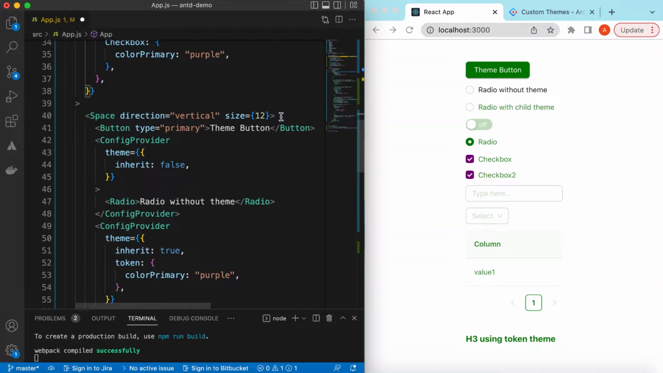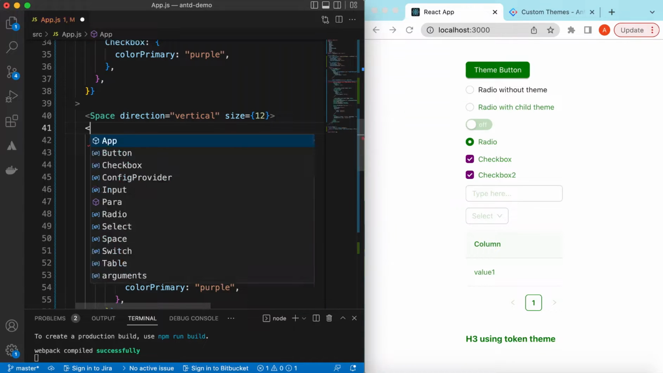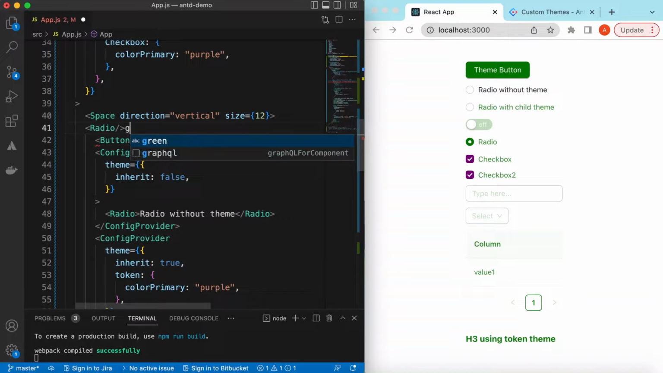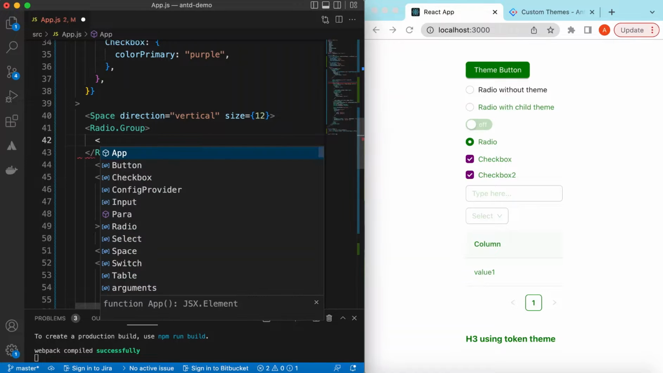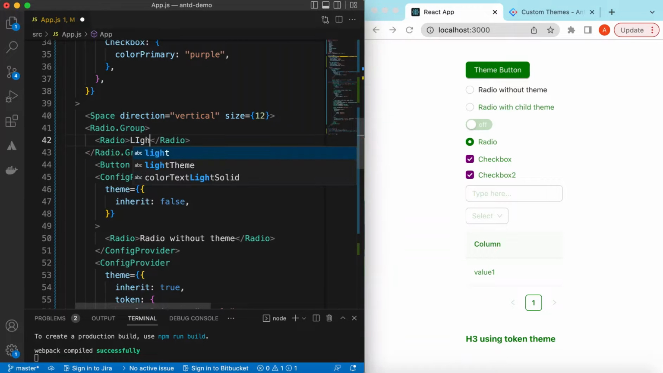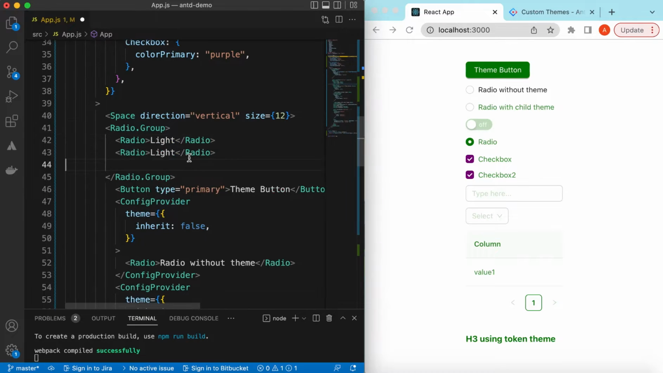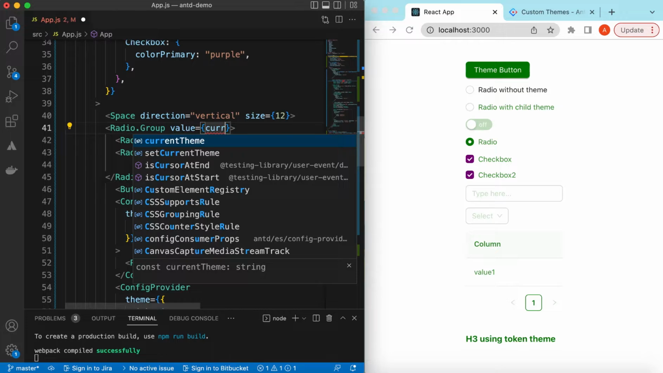And here inside the space we can create a radio group, and inside that we can create two radio buttons. There we can say maybe the light theme and then the dark theme, right? And here we can provide a value of light, and here we can provide the value of dark. And on the group we can do like the value is equal to the current theme we have inside